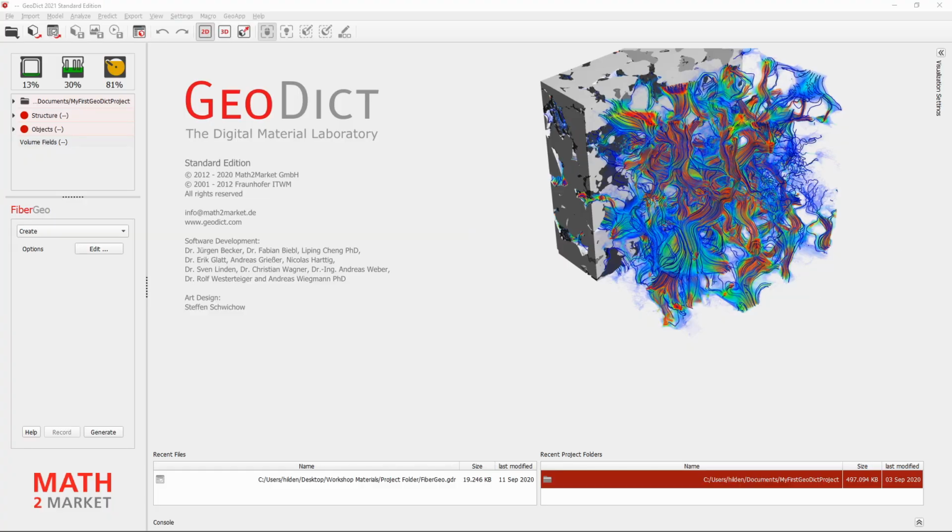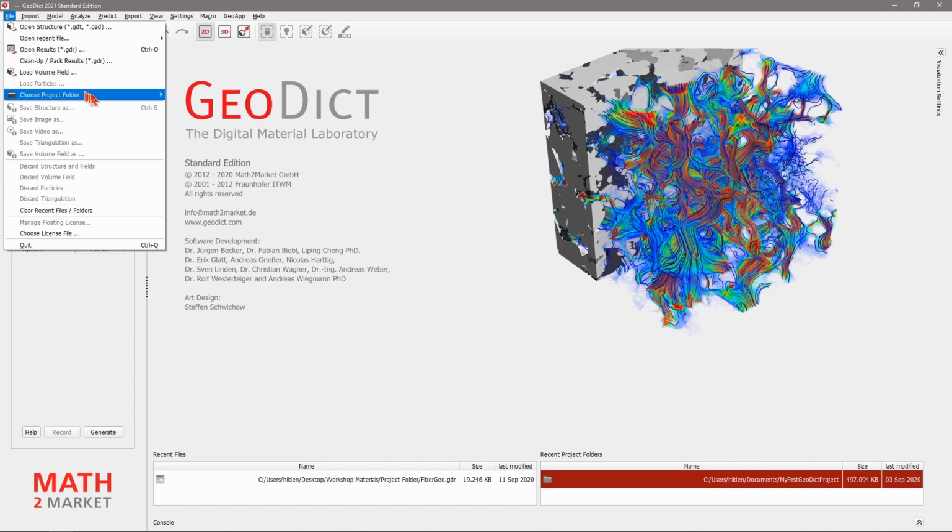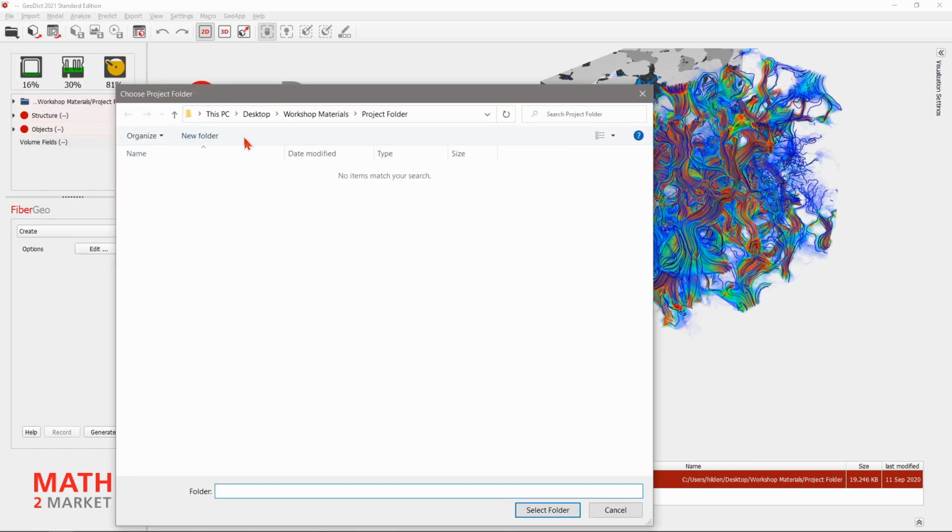So first, select a project folder which fits to this workshop. We've already prepared an empty folder inside the workshop materials folder. So I would recommend to use this. Therefore, click on File, choose Project Folder, select Project Folder, and then navigate to the workshop materials folder.